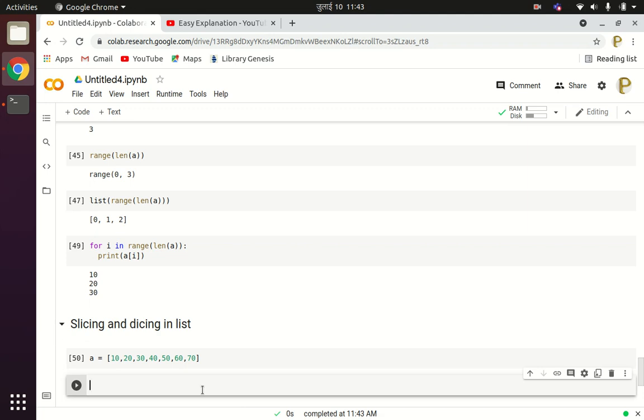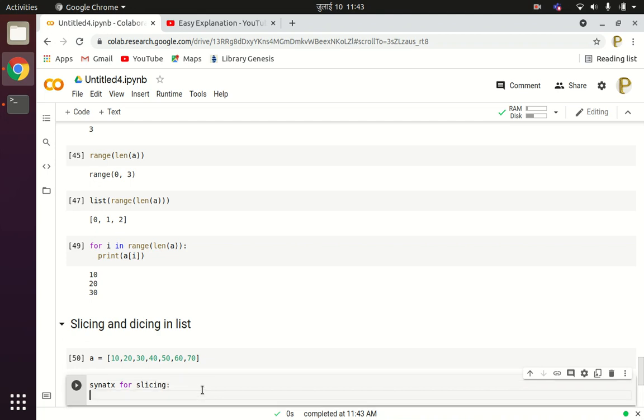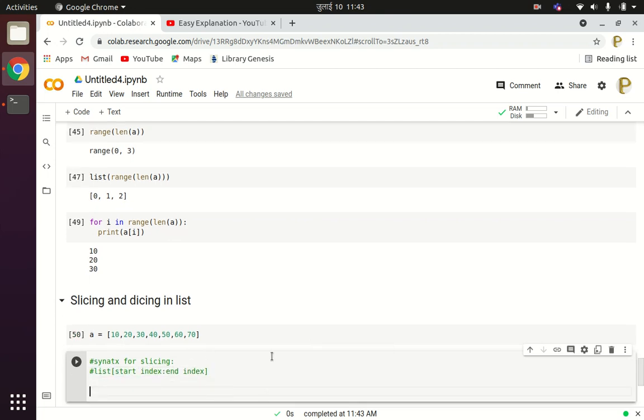In order to perform the slicing, you have to follow this syntax. The syntax for slicing will be list, then start index colon end index. Now suppose I want to get the first value 10, then you can write A of 0, since 0 is the starting index.